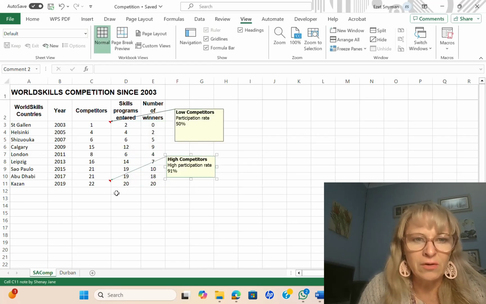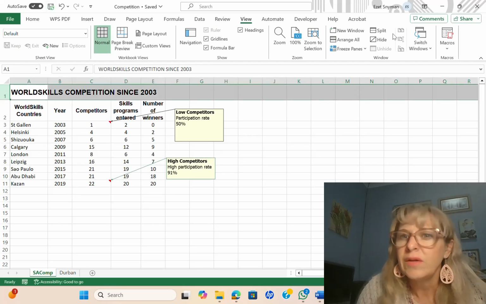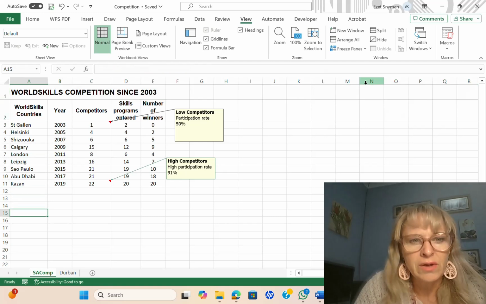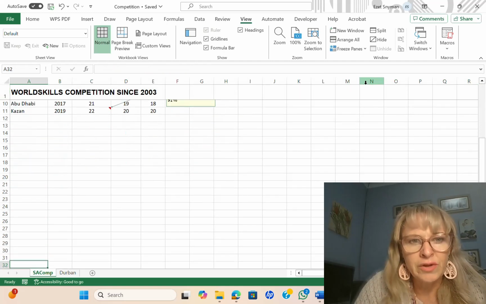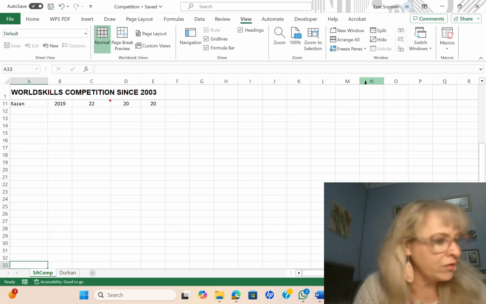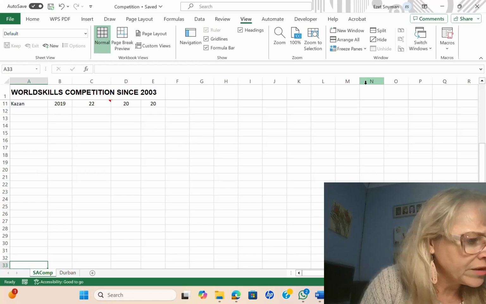Sorry, let me do that again. Freeze top row, and then I'm going to go down until you can see only A1 and 11. Do they say that you've got to make a print screen? Yes.